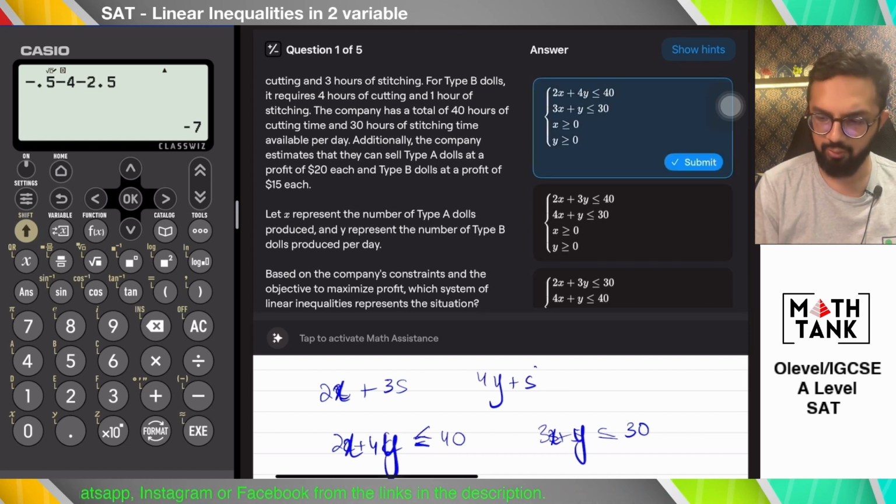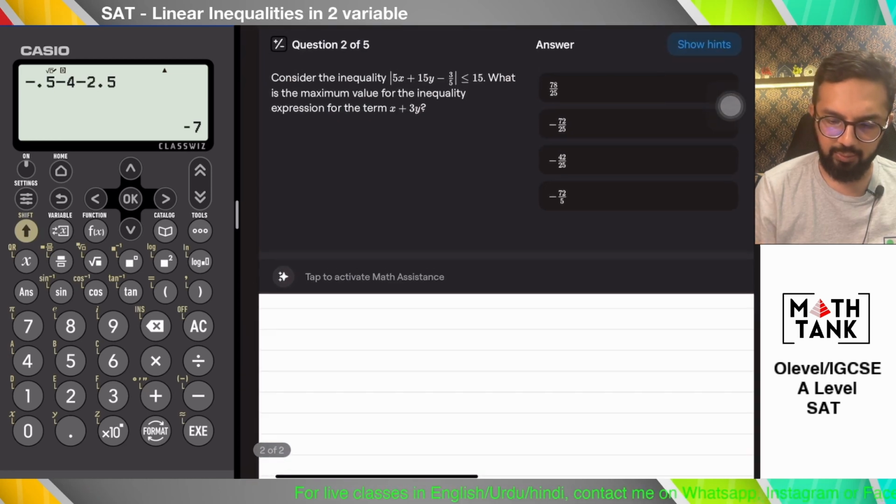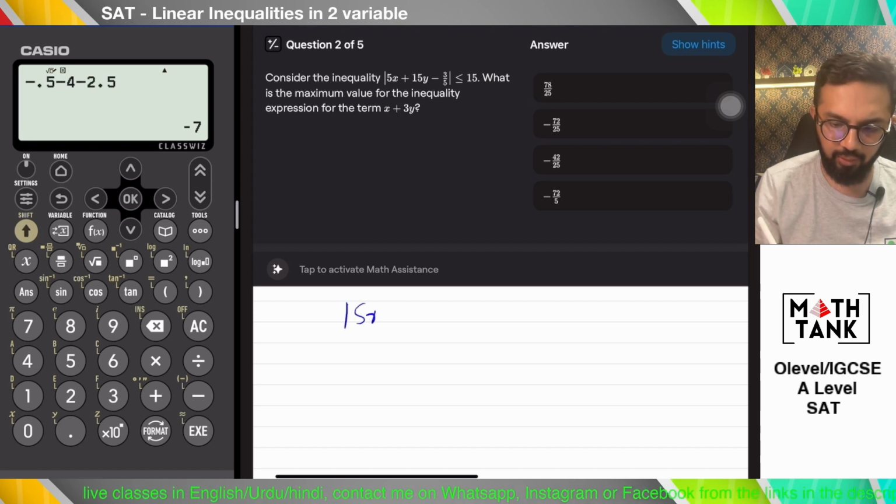I've taken the wrong variables, therefore you see the different situations there. Okay, so I think that should be the correct answer. Yes, that is correct. Let's see what the other inequality is. It says now I need to find out what 5x plus 15y